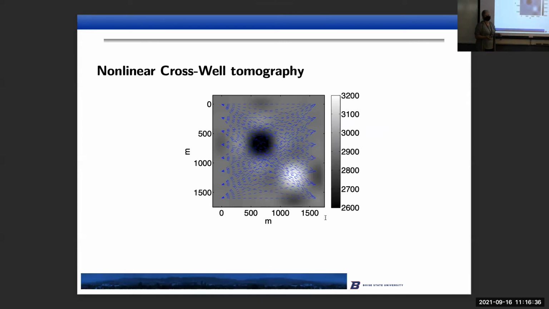This is a simulated example, but I don't know if you guys have ever noticed, well, probably shouldn't advertise this too much, but on the Boise River where Highway 21 meets it, they've got some wells in there. And the idea is that you've got a well going in the subsurface of the earth. And it's almost like the brain, what people do with imaging the brain, but we're imaging the earth here. And then they're sending signals across and taking measurements, usually of the time it takes for it to travel. And the idea is to identify these structures in here. They could indicate something in the subsurface like sand or